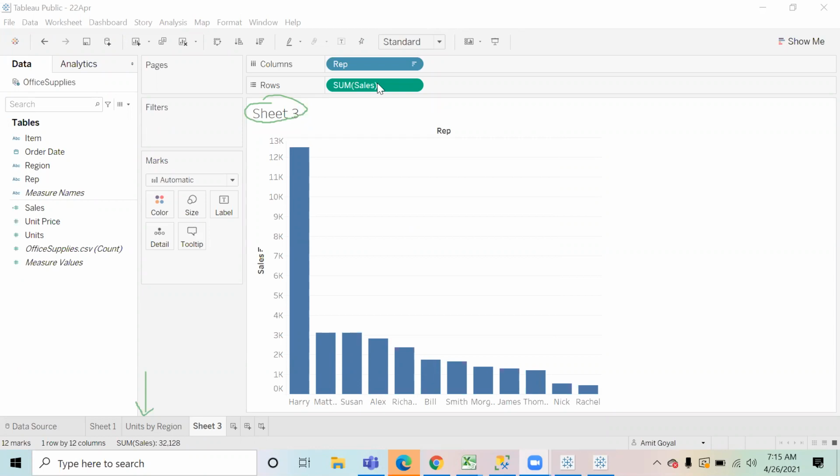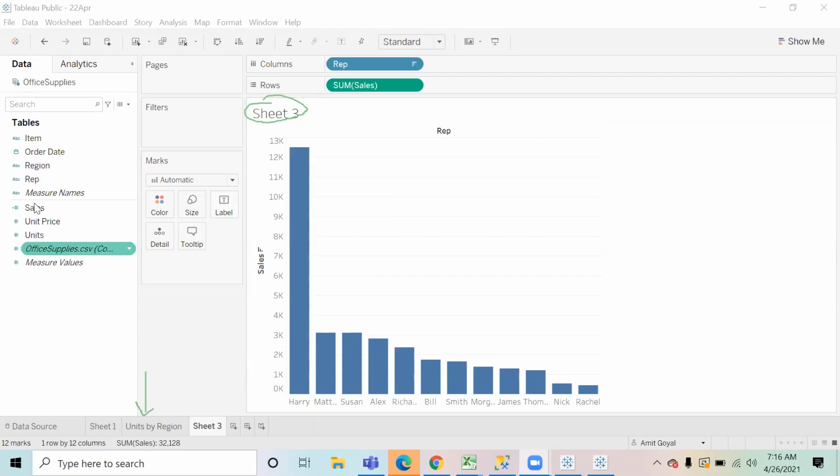Harshad says use region on colors. Right, so color coding is something we can do. If the bar is red, we can say red means East, blue means West. So we can define colors for each region, or we can use it on the tooltip as Radhika mentioned, or we can use it on the labels also. There are multiple ways of doing the same thing, so let's start doing it.